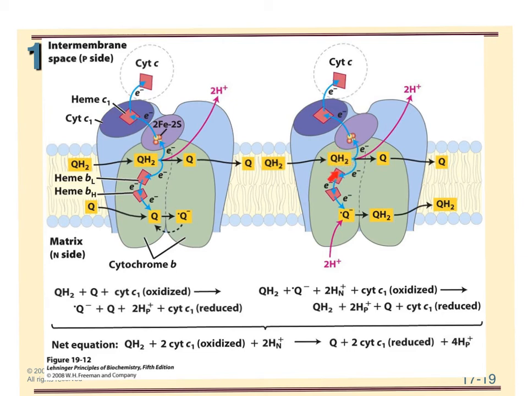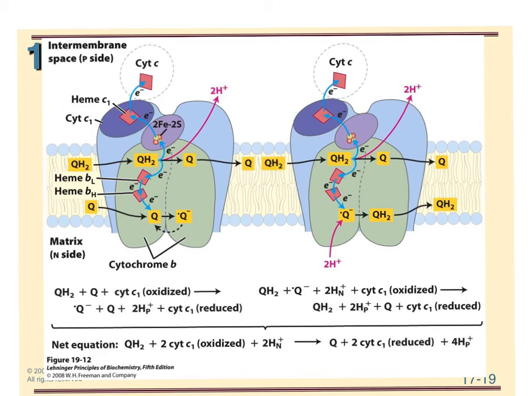That second electron goes down to heme bL, heme bH. But now that's that semiquinone from that first round. That semiquinone now can become QH2, and it grabs 2 more protons to become QH2. It's got that second electron, and that QH2 can leave. That QH2 can now go on to another complex 3 and do this entire Q cycle over again. Okay, so that's why at all points in time, technically there's 2 Qs per